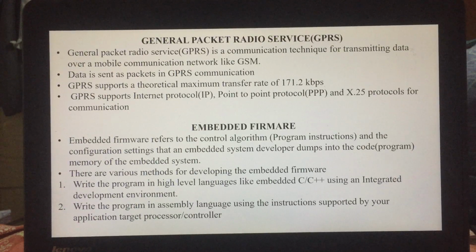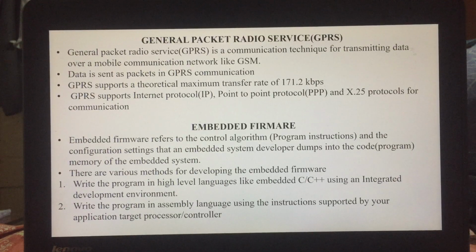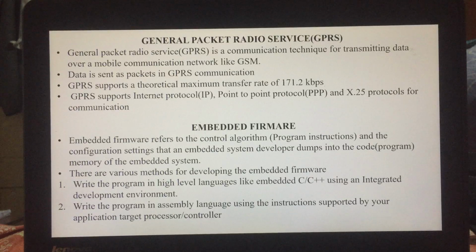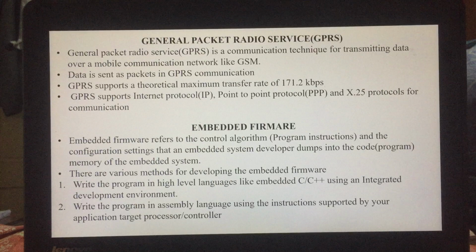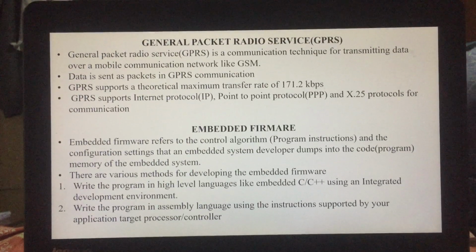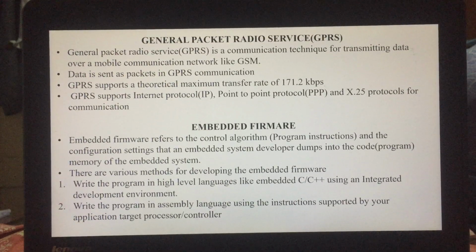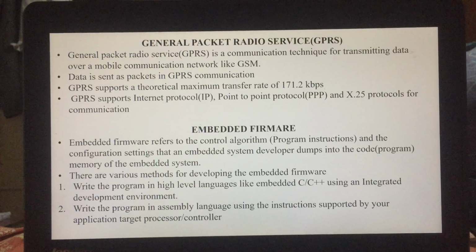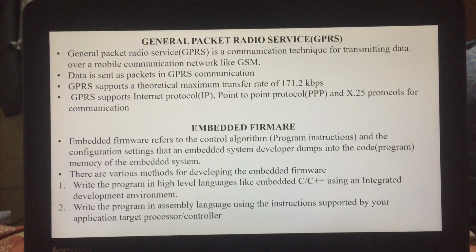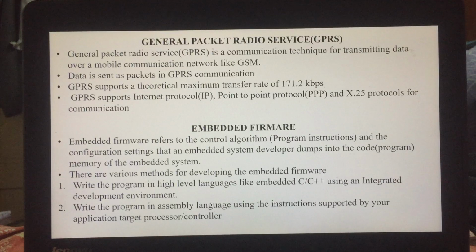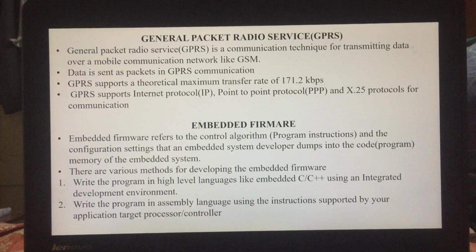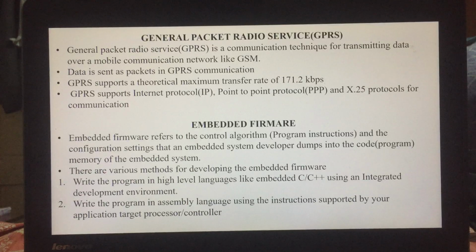The program written using any one of the methods mentioned should be converted to processor understandable machine code before loading it into the program memory. Machine code means representation in zeros and ones. The process of converting the program written in high-level language or assembly code to machine code is called cross-file conversion. The methods used for cross-file conversion are different for different programming techniques.